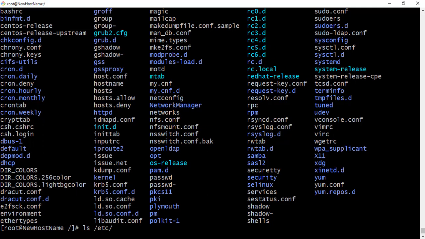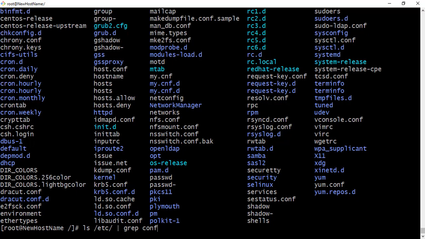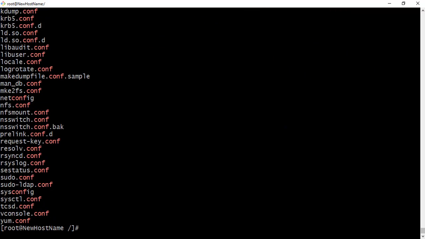So I'll just use the pipe command and then use the grep command. Grep is just to search. So in this search, we are looking for anything that has conf in it. Mind you, the etc directory is used to contain configuration files. So anything that has the extension of conf should print it out to us. So grep conf, I should hit enter, then you see this has been